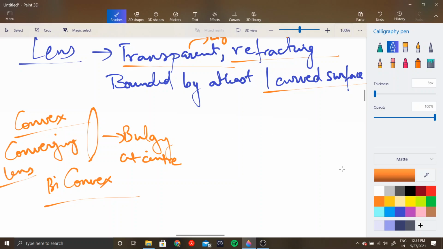See, let's understand. You all know prisms, right? So let's try to build this with a combination of prisms. We see that this is basically more or less a convex lens. So when light passes through the rectangular slab, it goes undeviated. When it goes through a prism, it gets deviated. So like this. So you can see that your source of light is coming parallel. After passing through the lens, it is converging, right? So hence it is called a converging lens.